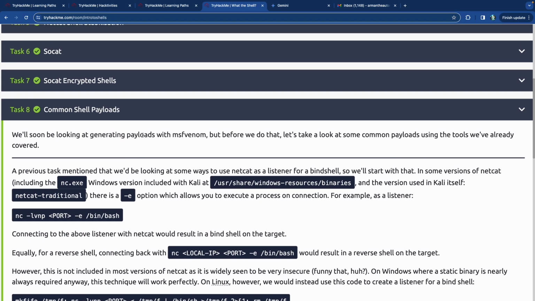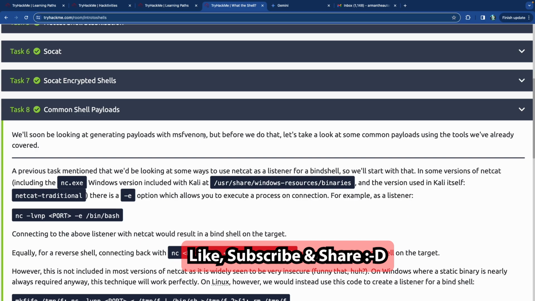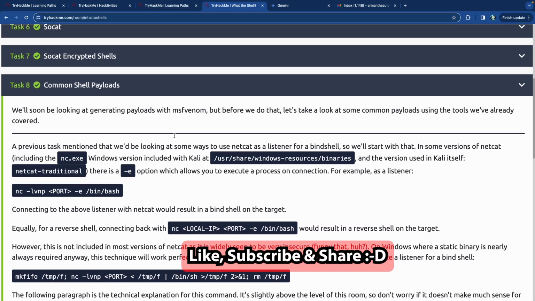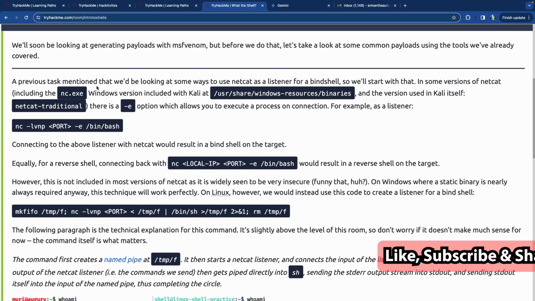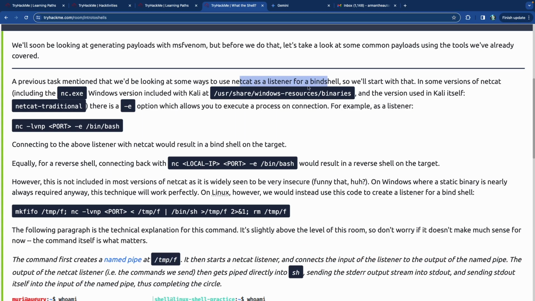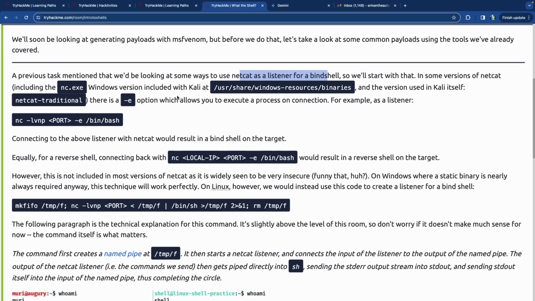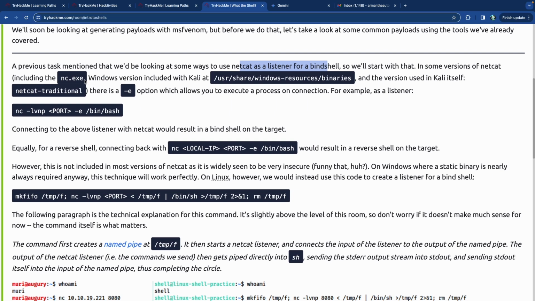Common shell payloads. So most payloads that I've created before have been with msfvenom, but there are other ways that we can create payloads. In a previous task, we talked about using a Netcat listener for a bind shell, so we can use Netcat to create some payloads. And nc.exe is what's available on Windows,